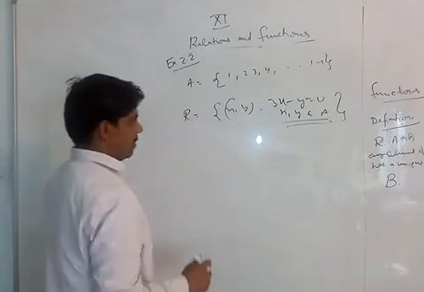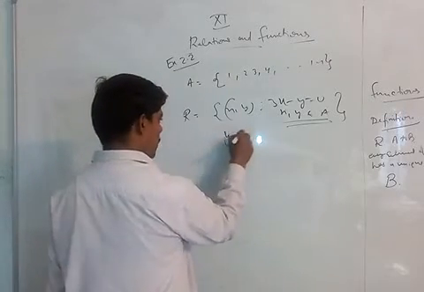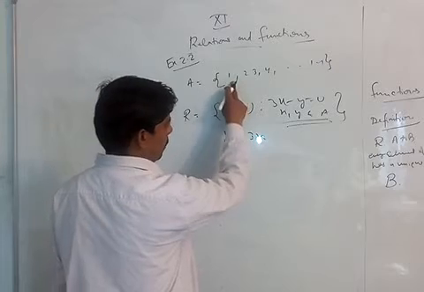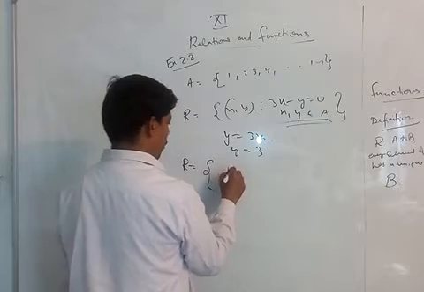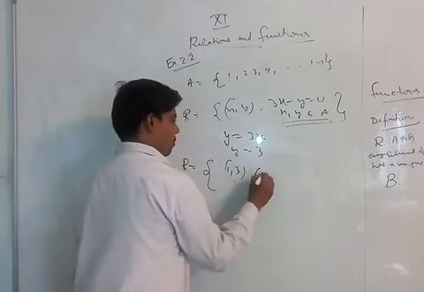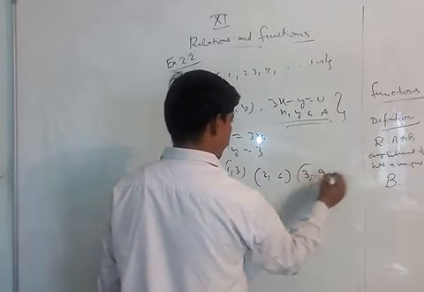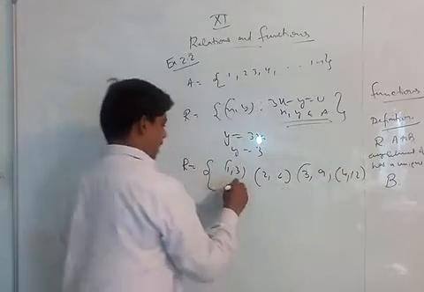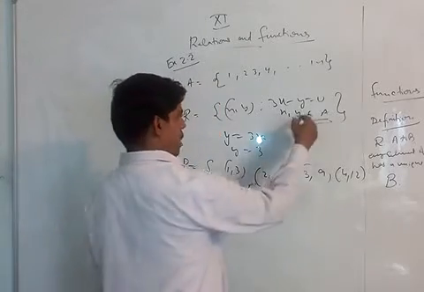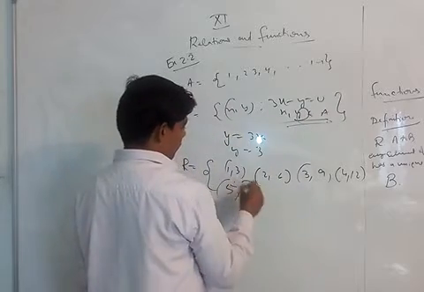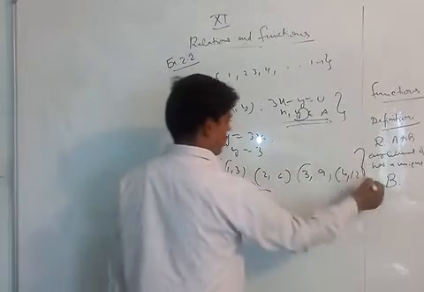So first of all, let's write. We can go only up to 14. So y is equal to 3x. First we put the value of x as 1, so y comes 3. So we can write in roster form (1, 3), (2, 6), then (3, 9), (4, 12), and can we write (5, 15)? Look at what is written: x, y belong to A. 15 is not there in A, so we cannot write this. So this is the relation in roster form.